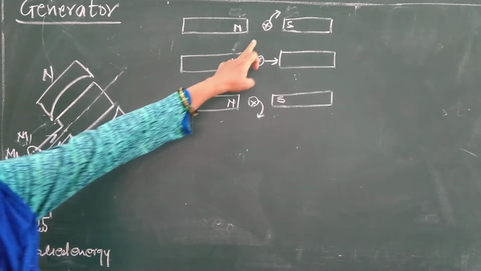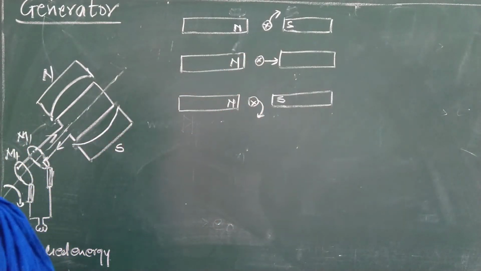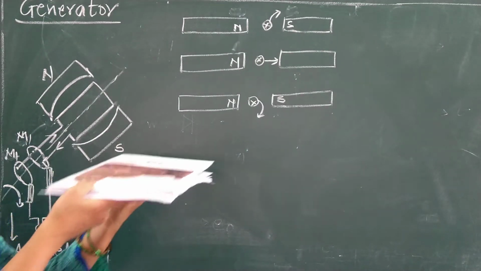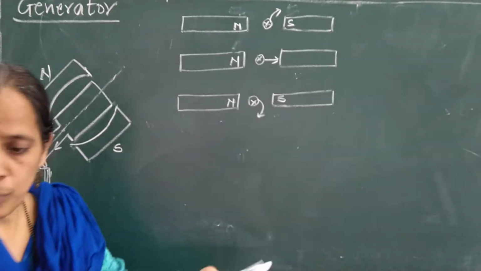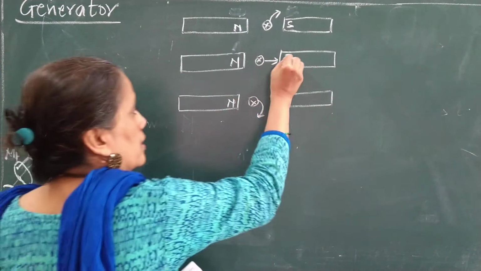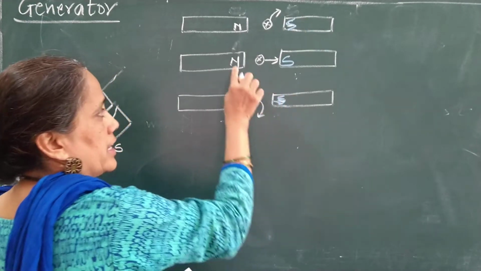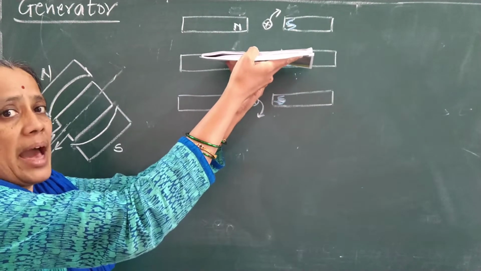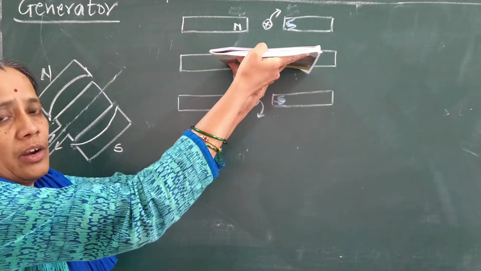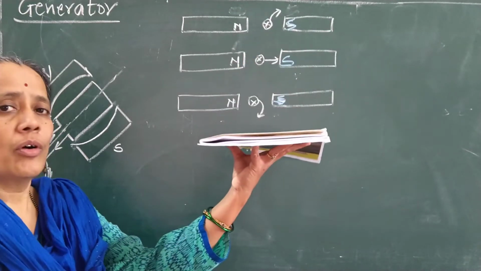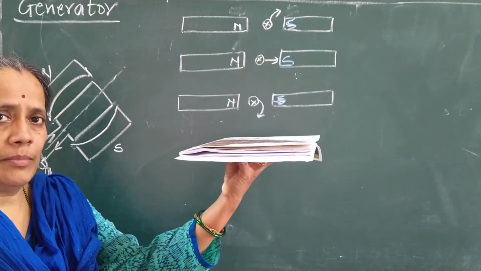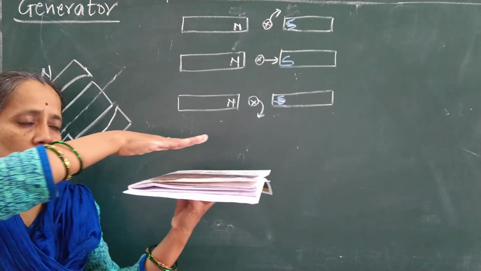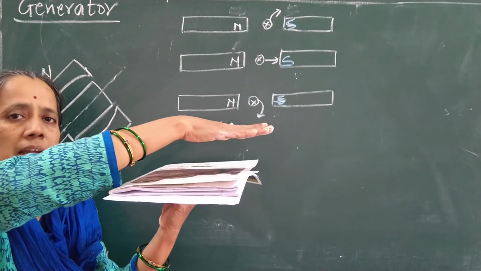Now for that working, I have drawn three more diagrams here. Now how is it? See here. This is the rectangular coil. Here is the north pole and here is the south pole. This is the south pole and here is the north pole. Now initially the plane of the coil will be parallel to the direction of the magnetic field. Your coil will be like this. At that time, the magnetic field direction will be from north pole to south pole. So the direction of the magnetic field and the plane of the coil are both parallel.